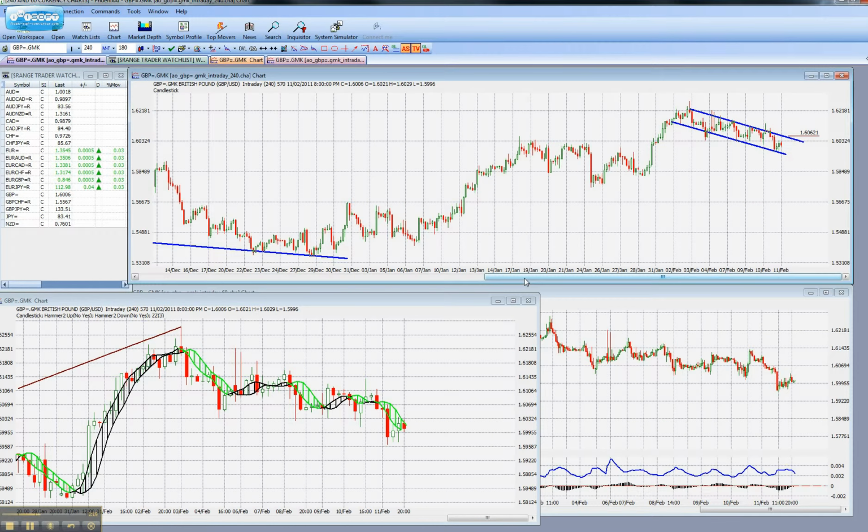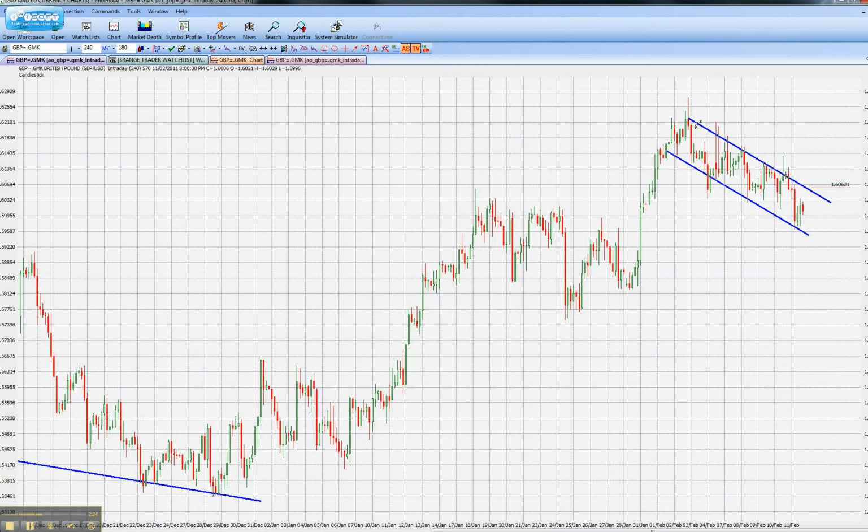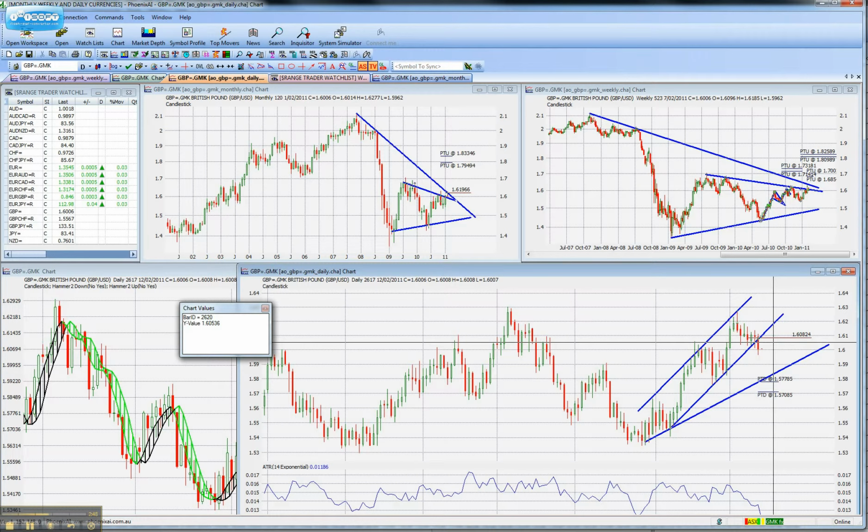Now with the intraday sterling US dollar, we see here the 4-hour graph is that it is in the downwards channel line, and sort of the top of that channel is the 160.62 mark. Right now, if I was to say go to my daily, the 160.62 mark is roughly around this area here, so you could expect a retracement,